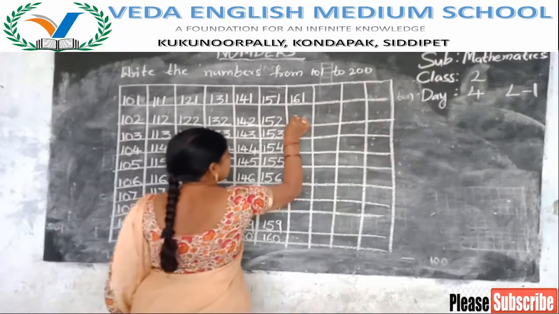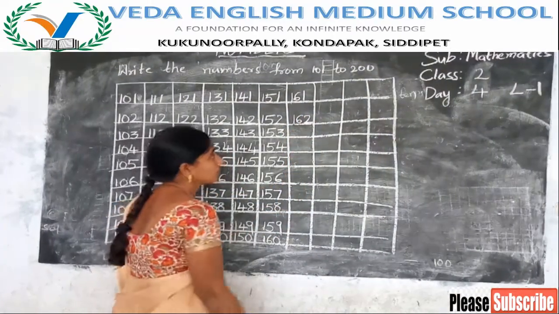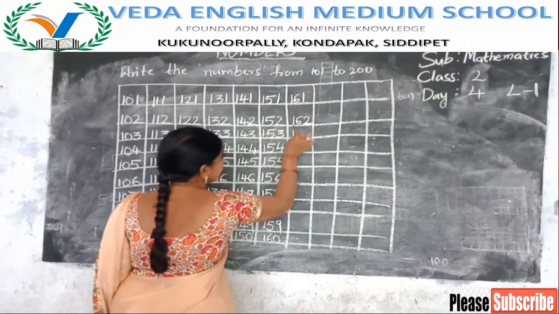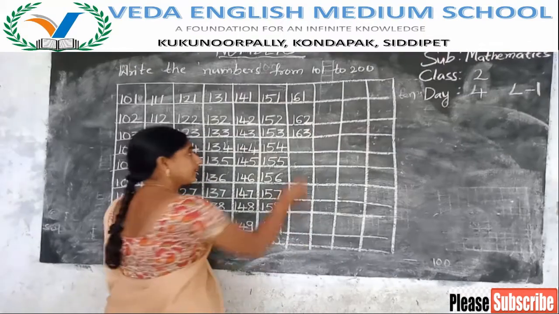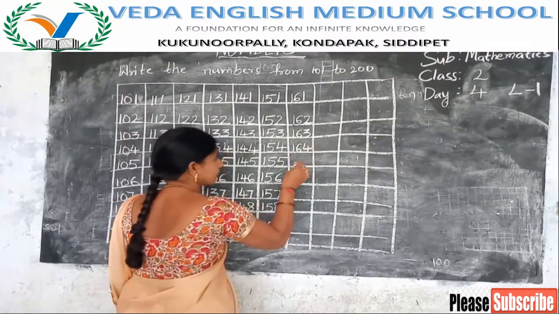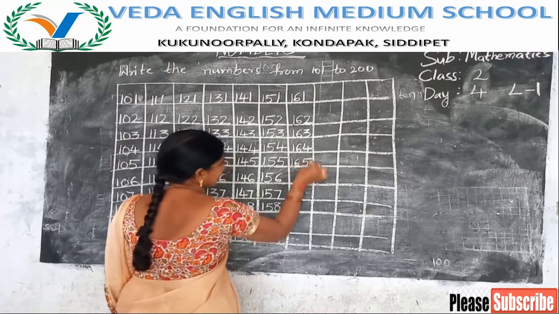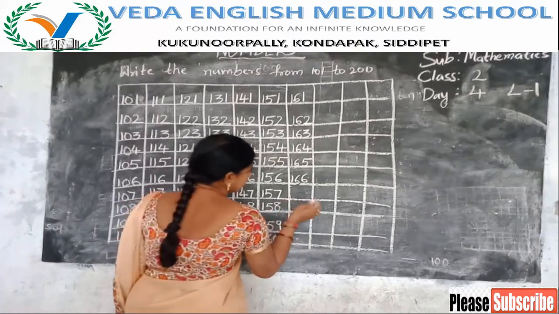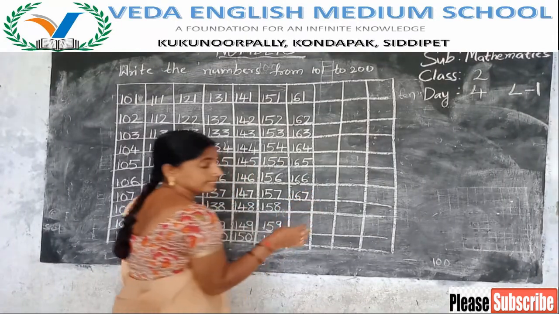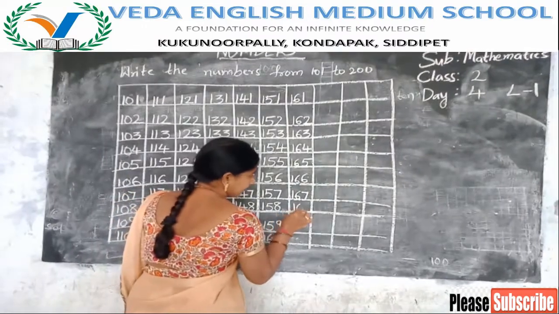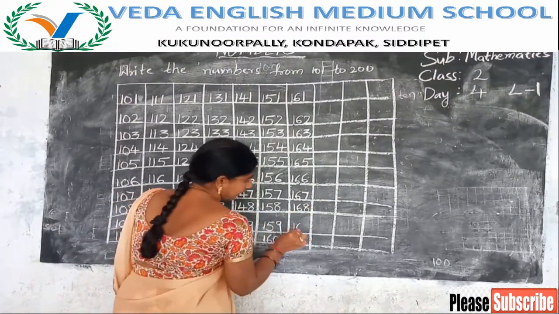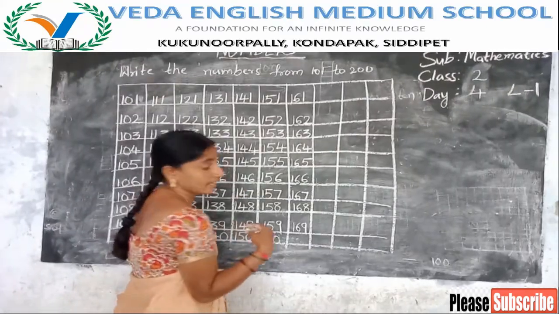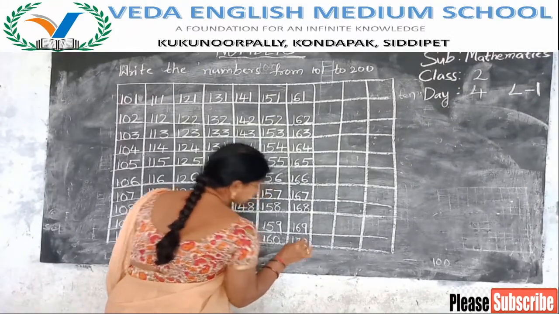The next number is 161, 162. After 162, 163, 164, 165, 166. The next number is 167, 168, 169. After 169 is 170,